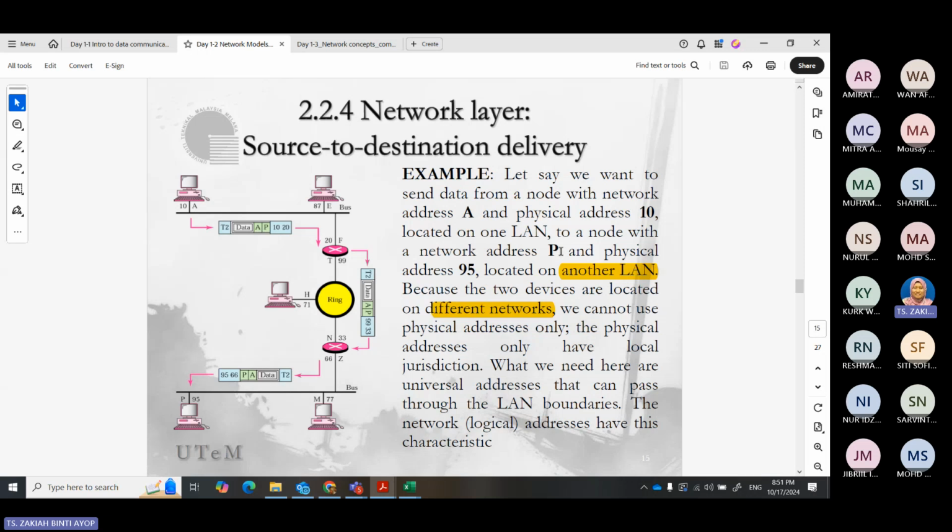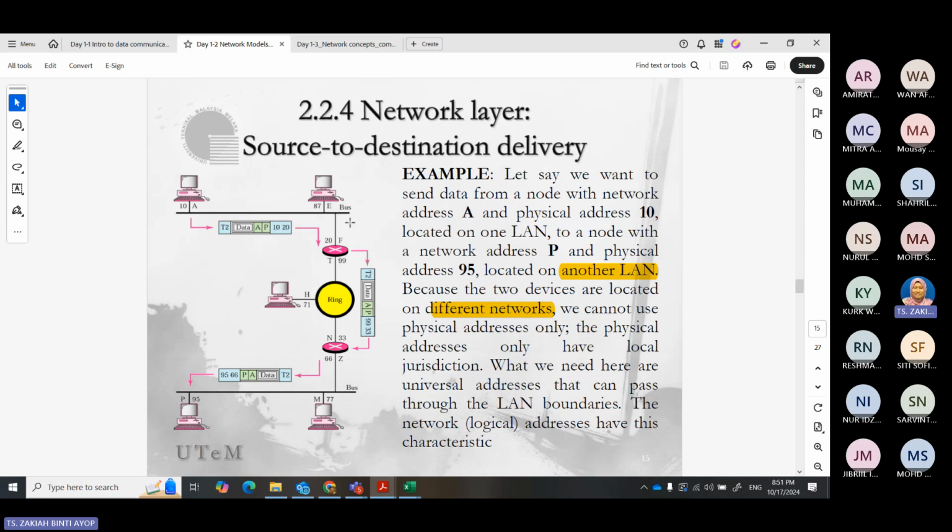They want to send it to P, so we need the final logical address of P here. So let's say we put P as the logical address, and the sender is A. During this time, no changes happen on the network layer, because this is the final destination that we need to confirm.